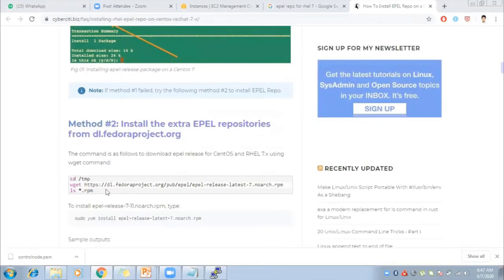So using wget we will download it. At first you have to download the latest EPEL package, and then we will configure it. Install the EPEL release.